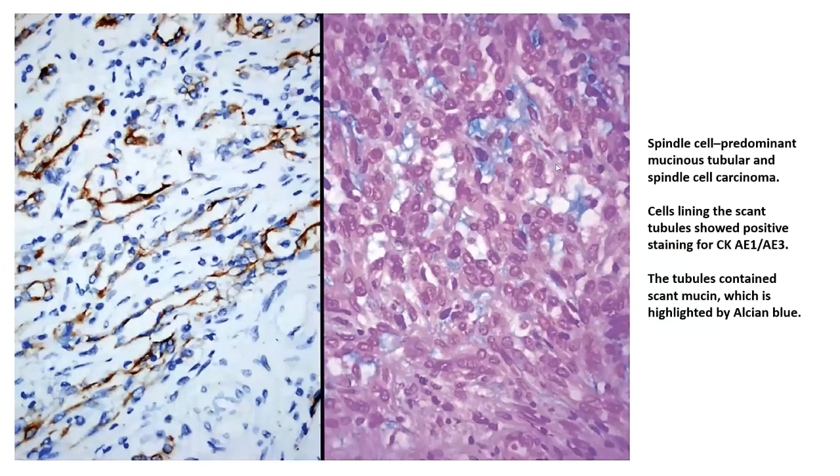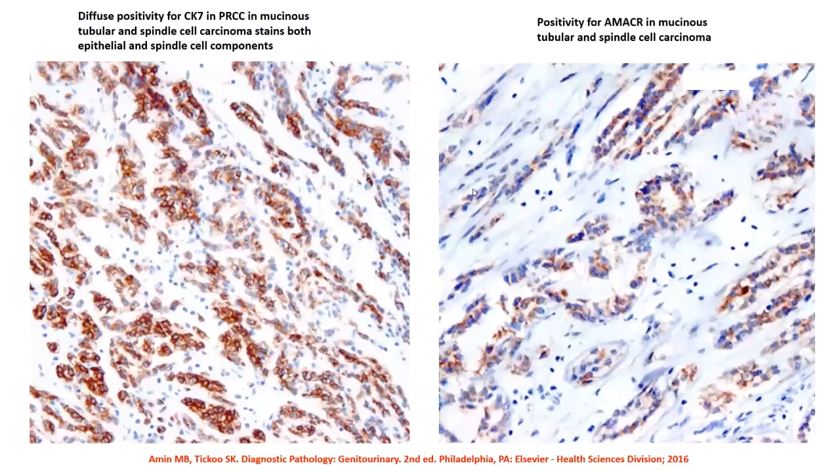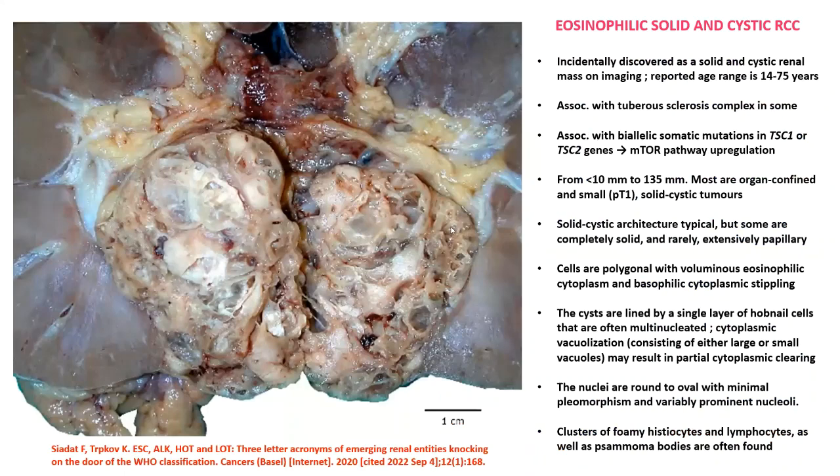Special stains will help in the form of Alcian blue, where the indistinct mucin on the H&E stain can be picked up by an Alcian blue stain, as you see on the image on the right. And as I have already said, CK7 and AMACR are both positive in the case of mucinous tubular and spindle cell carcinomas. Now, this is a new entity which has been included in the latest WHO classification, that is the